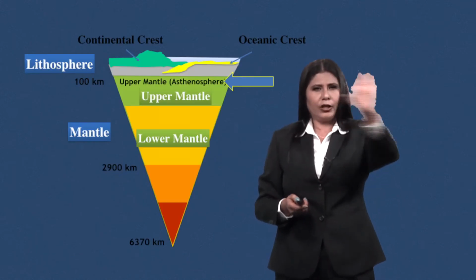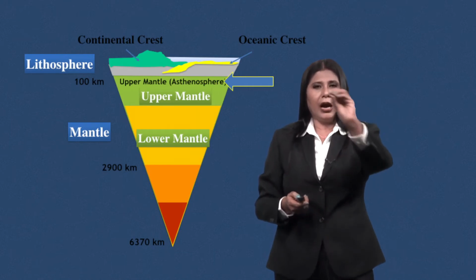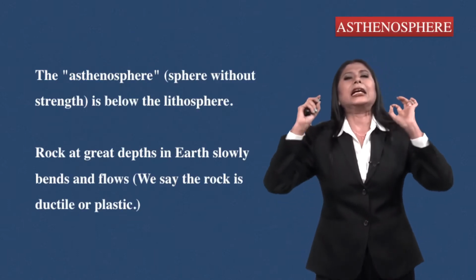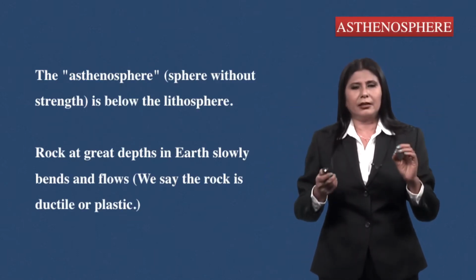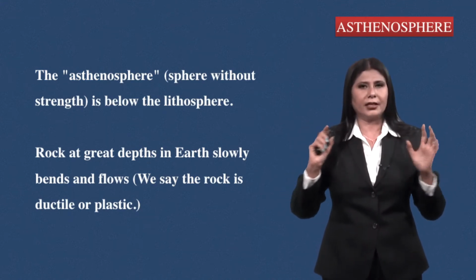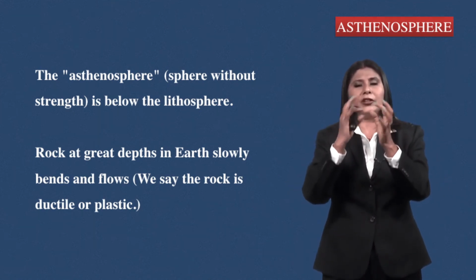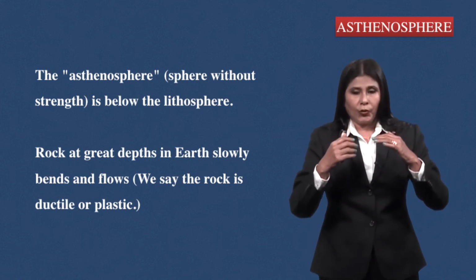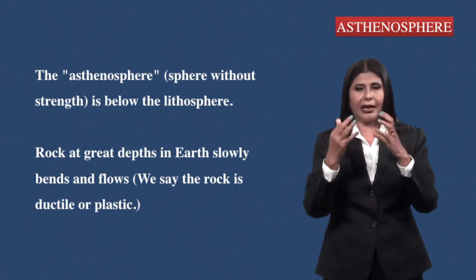So, lithosphere, mantle and core, and the upper part of the mantle is asthenosphere. It is a sphere without strength, meaning very weak, like semi-plastic, not really liquid, but like a sponge. It is ductile, we can shape it, it does not have a strength of its own. So, I can put pressure on it, like a milk pouch. And this layer is very important because today we know that because of this layer the whole plate tectonic phenomenon happens.